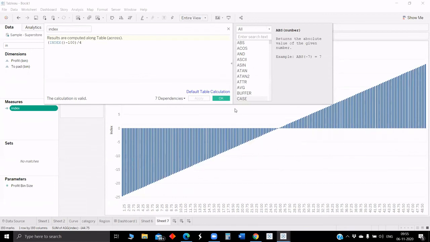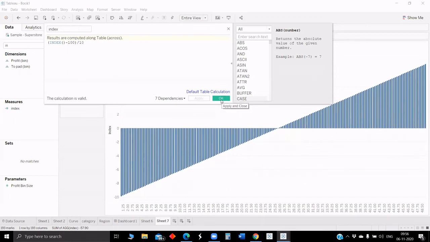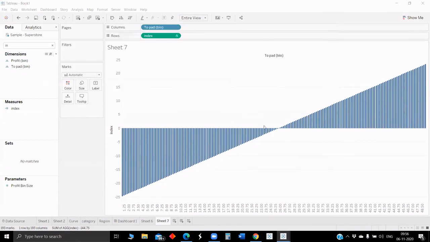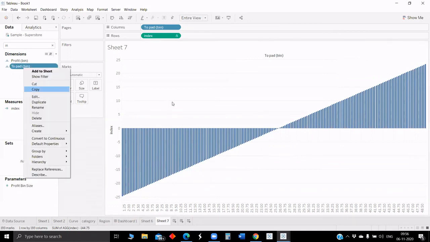What if you make that not by 4, let's say by 10, for example? What difference will it make? Okay, that doesn't make much difference. So it is making some difference. What difference is it making? It's just changing the y-axis range, but the shape of the structure, the symmetricity, is not changing.